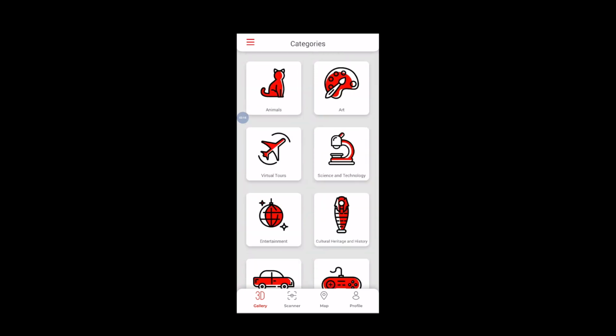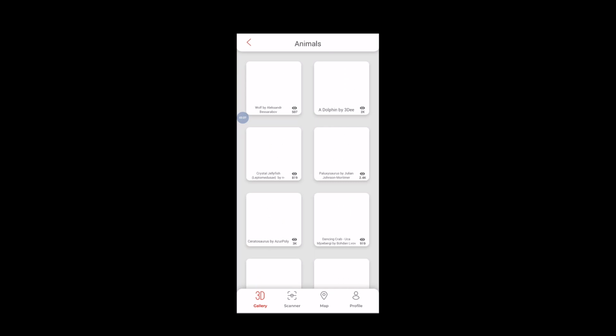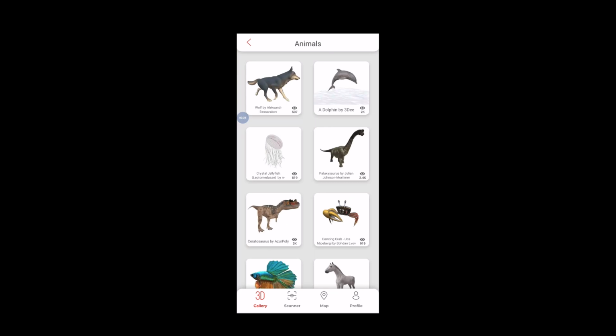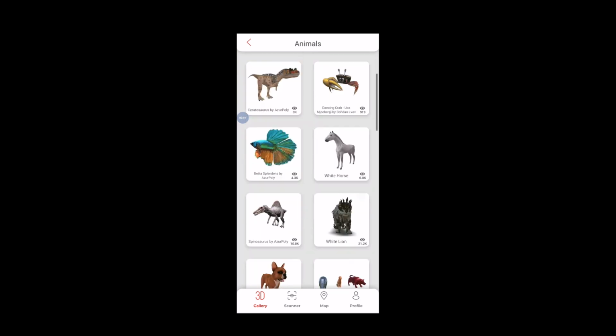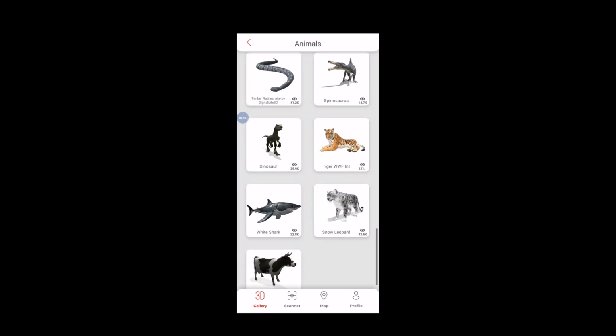So first of all, I would like to explain how to use the animals. Simple concept, like the same. Virtual tours are also available. We can bring the students to different areas, virtual tour. So first I would like to start from animals. So just go to the category animals. So you can select one animal. I would like to bring, and I am interested in, the tiger.